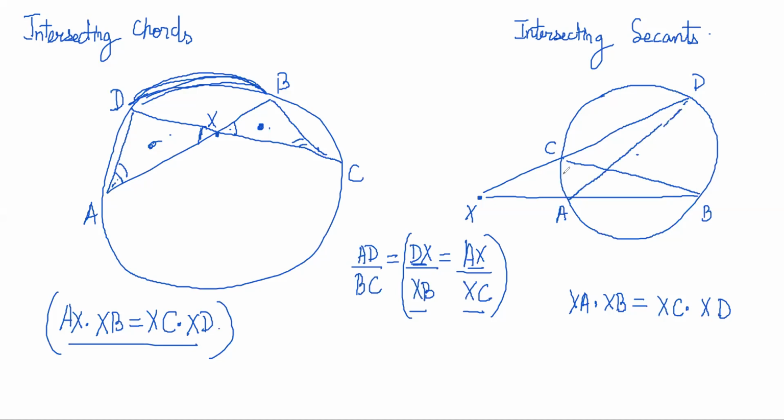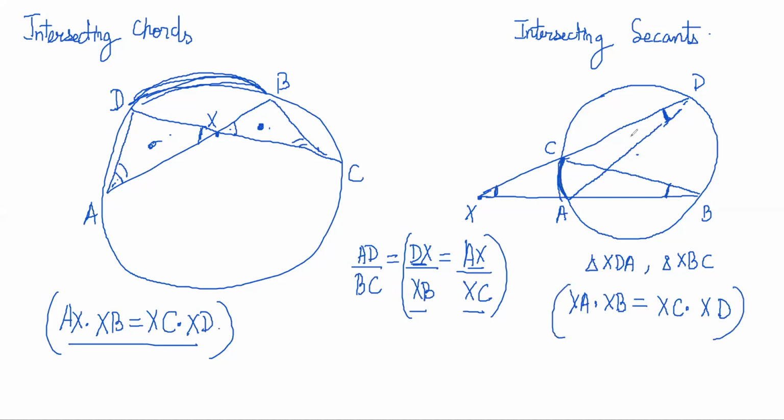Okay. You can prove that these two triangles are similar. How will you prove that? See, look at this arc, CDA is equal to CBA, right? Yeah. Common angle. Two angles are equal. In triangle XDA and triangle XBC, two angles are equal, no? Yes. So it is similar triangles again. And then when you write the ratios correctly, you will get the result.